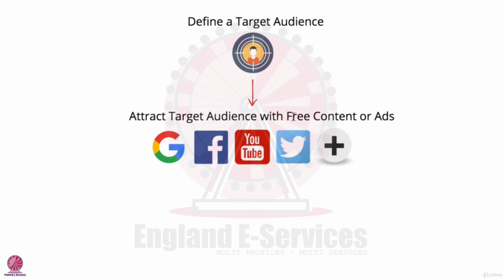Now, the second type of free content that you can make is more brand storytelling, maybe customer success stories, testimonials, that type of thing. And the final type of content you can make for free to attract your target audience is entertainment style content. You can see this a lot on YouTube, people building up an audience with entertainment type stuff and then sending them back to their merchandise store. Or you see it a lot on Instagram, where influencers build up an audience with entertaining content and promote affiliate products.